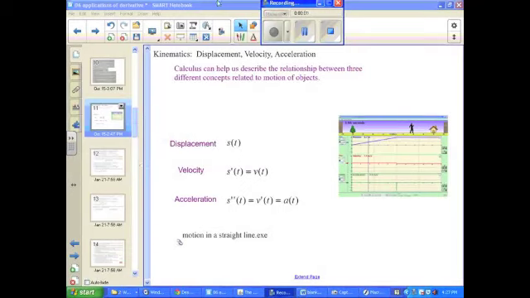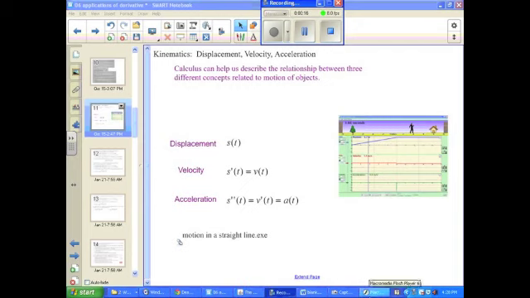Alright, we're going to deal with a branch of physics that's related to calculus called kinematics. It deals with displacement, velocity, and acceleration. The first thing we need to understand is we're going to be dealing with two-dimensional equations, such as